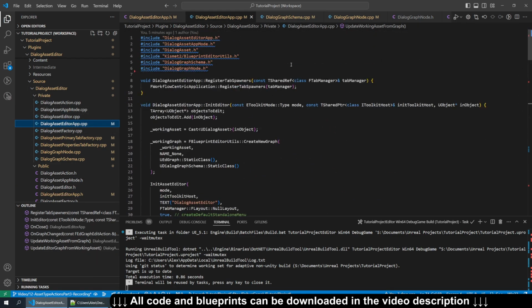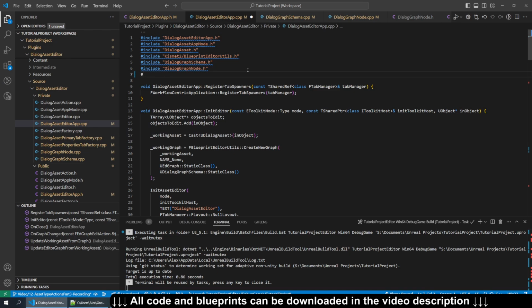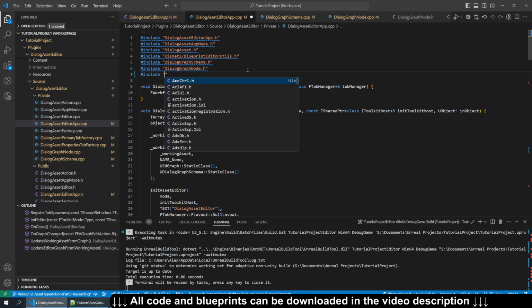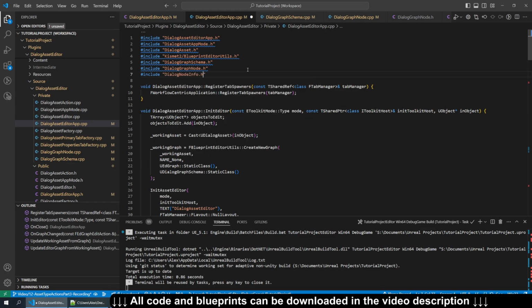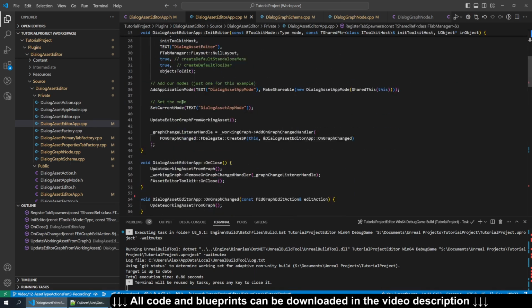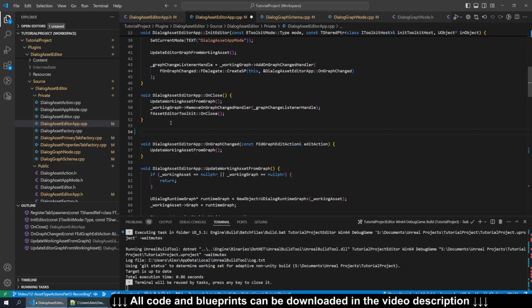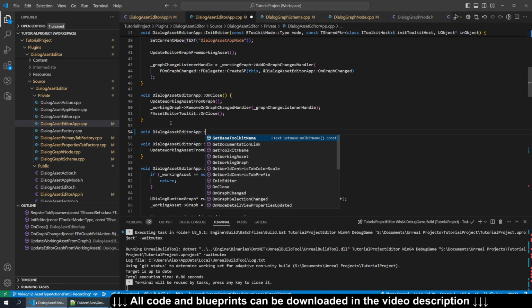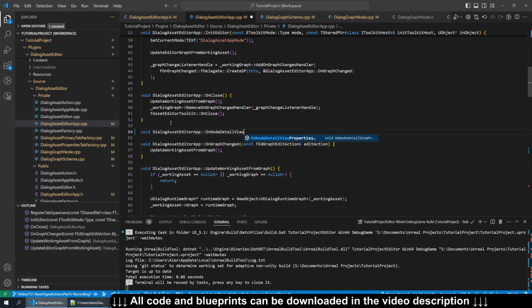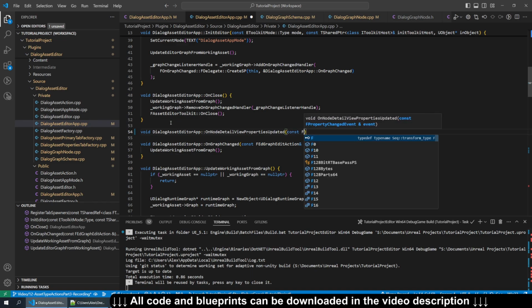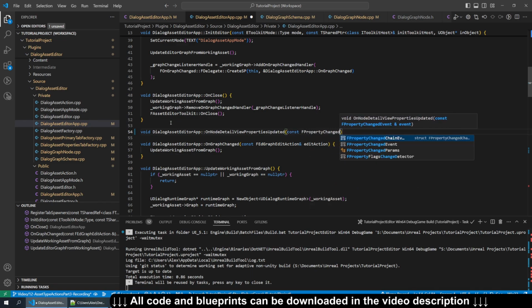And I think I also forgot to include the node info class. So at the top, I'm going to include DialogNodeInfo, which will be needed when we build later. Now we can implement some of those methods we created in the header file. So first one we'll do is DialogAssetEditorApp OnNodeDetailViewPropertiesUpdated. And that took an FPropertyChangedEvent